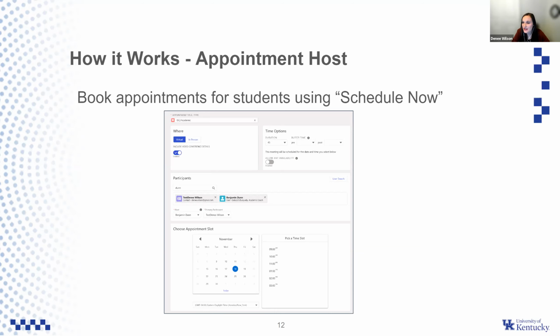But you can select the appointment title or type. And in this case, we selected the ISC academic type, but if you had other appointments, you could select that. And then you can choose if you want it to be virtual or in person. And then we have the time options. So it will automatically be set to that predetermined time, in this case, 45 minutes. But if you want to change that to, let's say, 30 minutes or an hour and a half, we can change that there. And you can add in your pre and post buffer times.